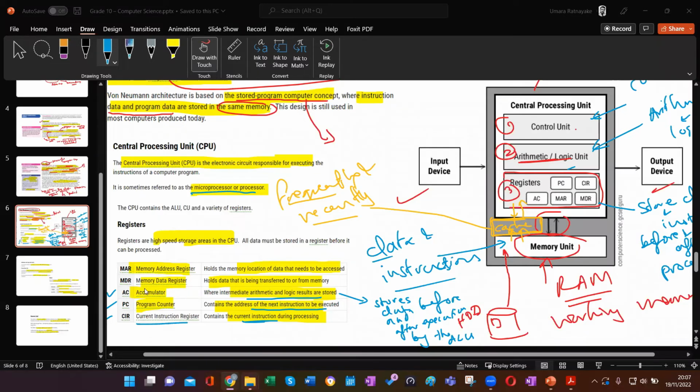Right. And program counter will hold the address, the memory address of the next instruction. And the CIR, current instruction register, will hold the instruction that is being used right now. Okay, just remember these three, and